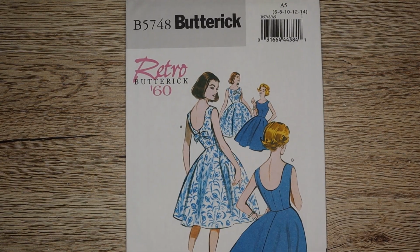And another one I've attempted to make but didn't like the outcome, despite the dress being very nice, is B5748, and this is again a retro Butterick series. This one I really liked because it's the back neckline that looks interesting. The bow in this one is at the back, and the back is scooped down. I love this dress, and the only mistake I made when making it is that I made it from a